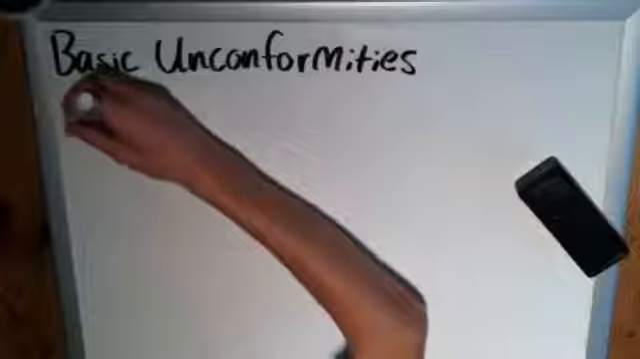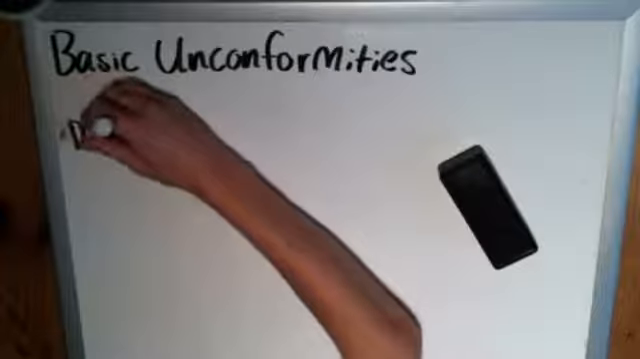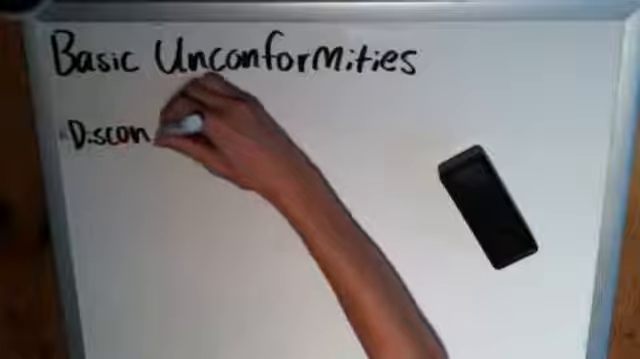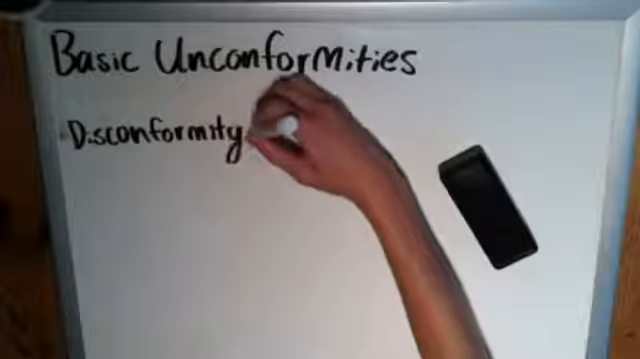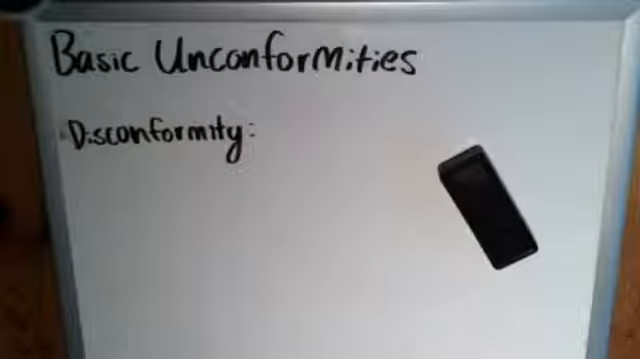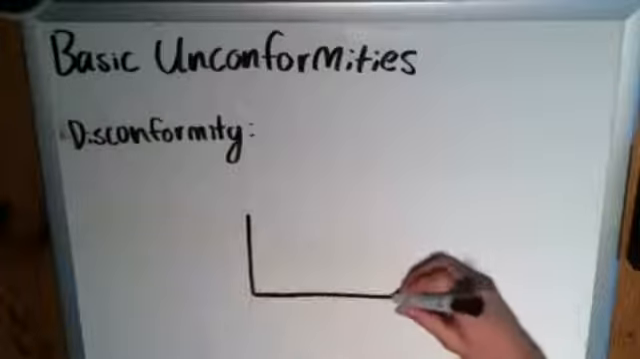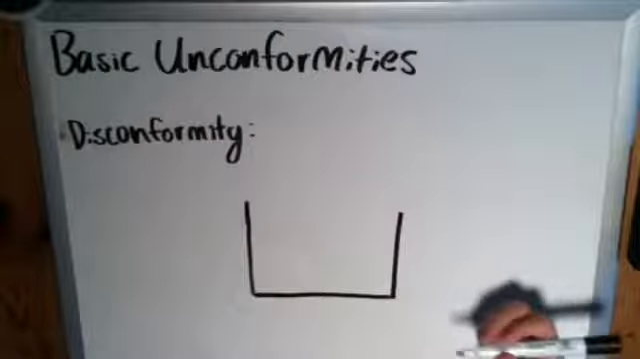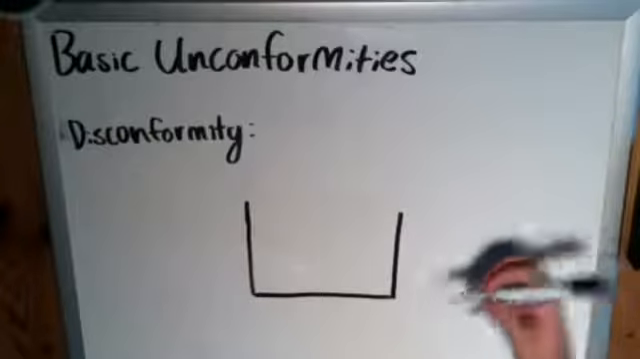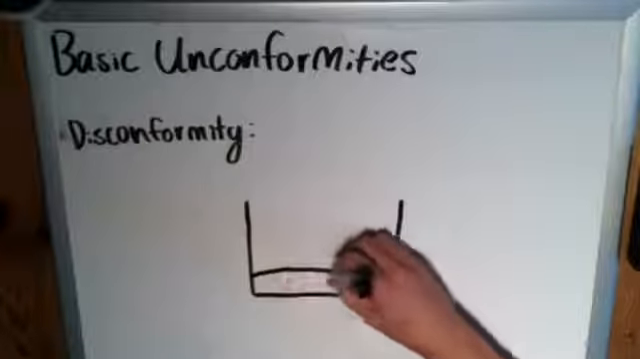So as I said, there are three types we want to cover today, and the first is actually not a nonconformity. The first is a disconformity, which is the most simple type by far. It's incredibly simple to understand. Actually, most of these are pretty simple, but a disconformity is just a break in the deposition of sedimentary strata that is shown by the erosion of one layer followed by the deposition of another. So how that looks is, if you've got, we'll just put some strata here,